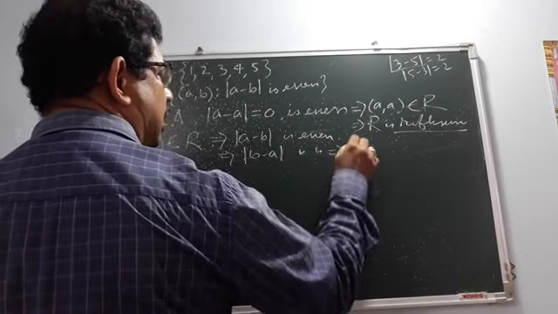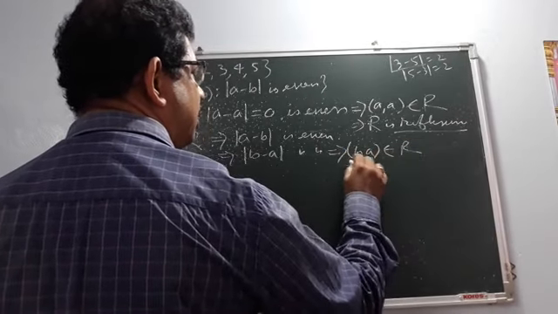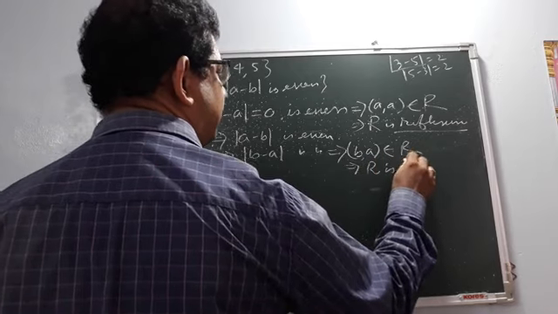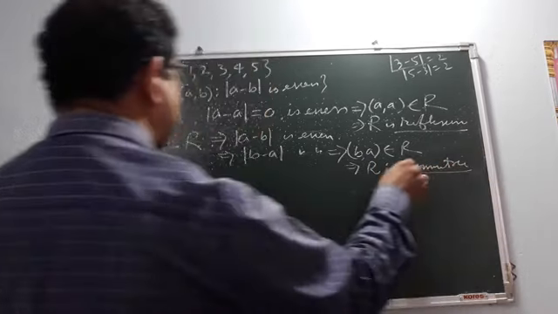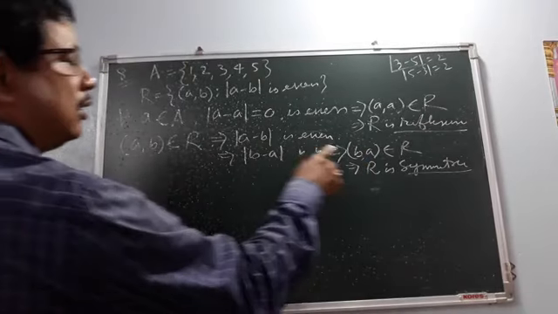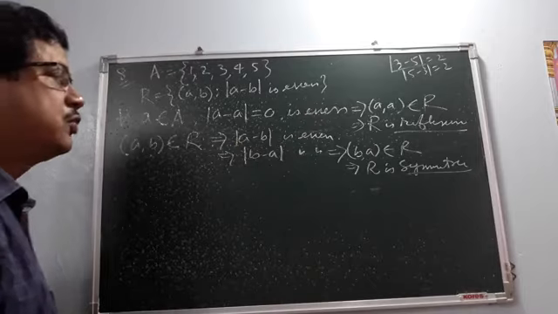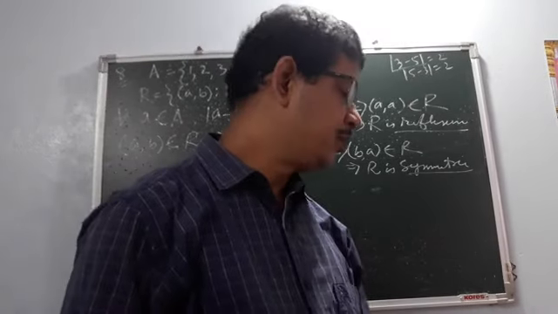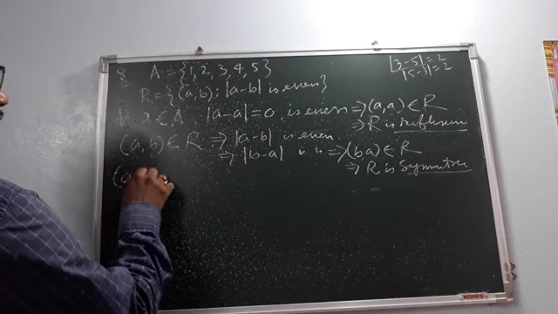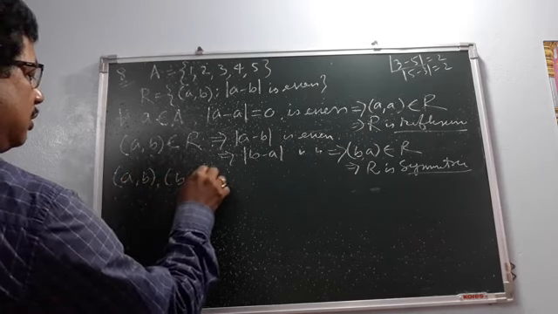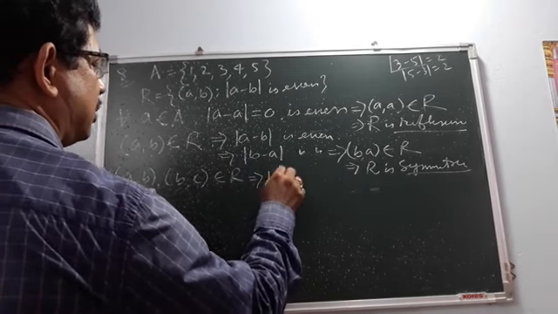Implies (B, A) belongs to R. Implies R is symmetric. So what we get? (A, B) we have taken, we get (B, A). AB নিয়েছি, BA পেয়ে গেলাম R এর মধ্যে. So R is symmetric. Now, if we take (A, B), (B, C) belongs to R, this implies this,